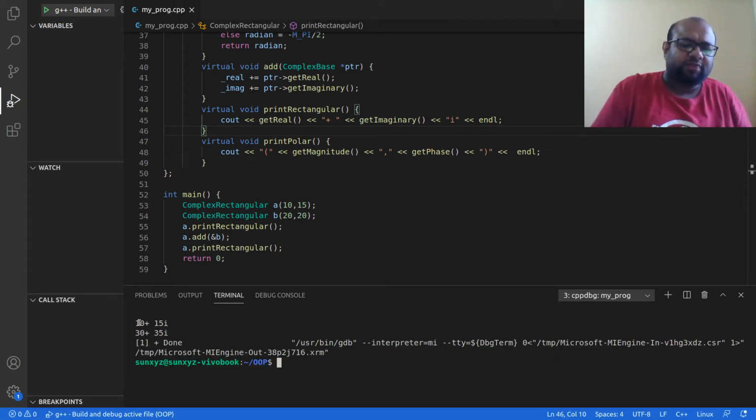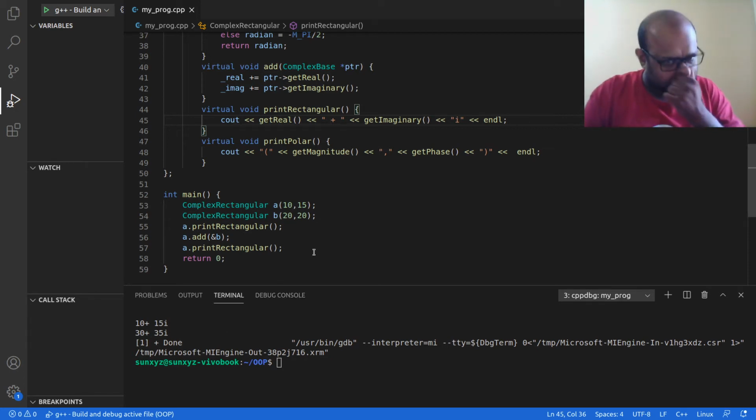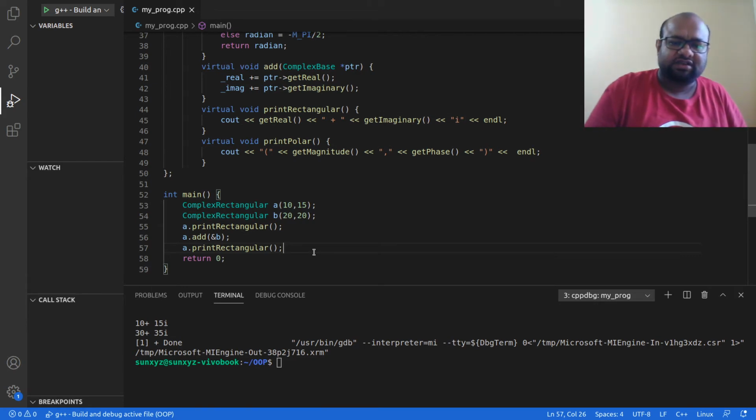So I had this complex number 10 plus 15i, and I had another complex number that I did not print, 20 plus 20i. So when I add 10 plus 15i and 20 plus 20i, I end up with 30 plus 35i, right? So yeah, this makes sense, and this is what I have.